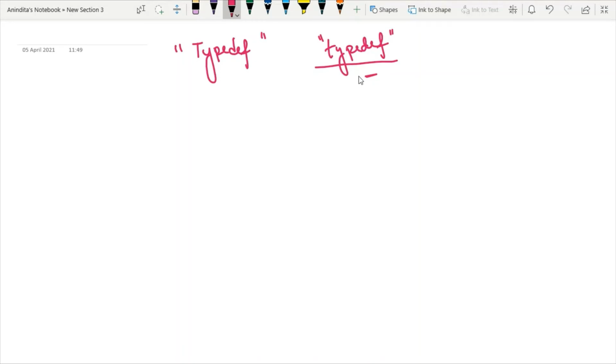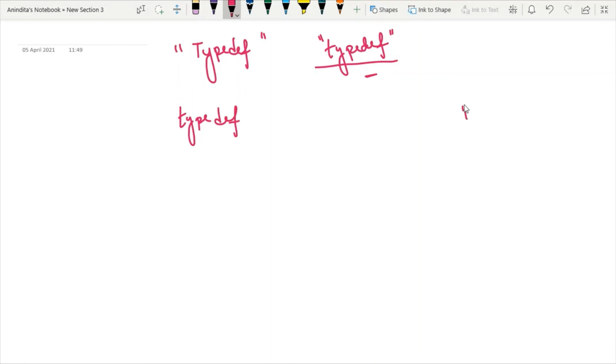How? First, try to follow the syntax. Whenever you want to use this typedef keyword, your first task is to write the keyword. Then you have to use one abbreviated form or symbolic abbreviation.